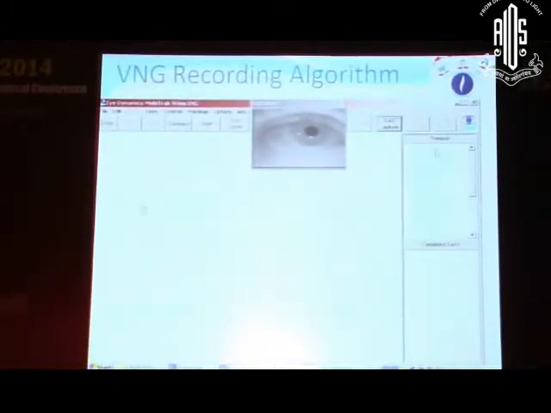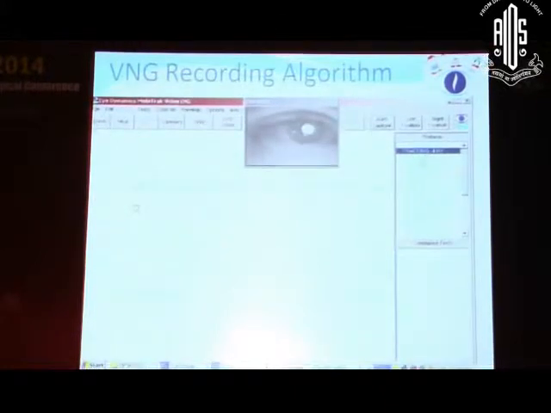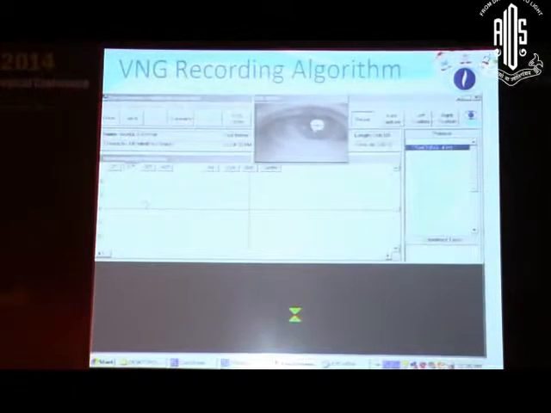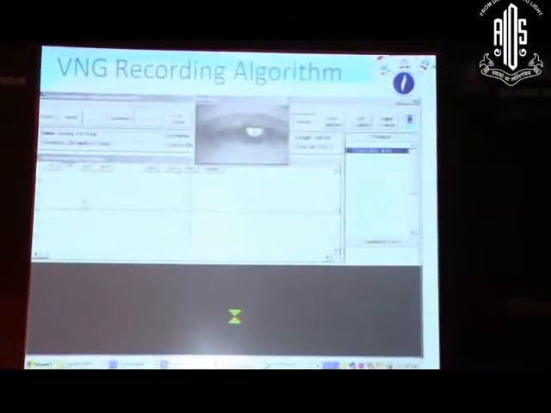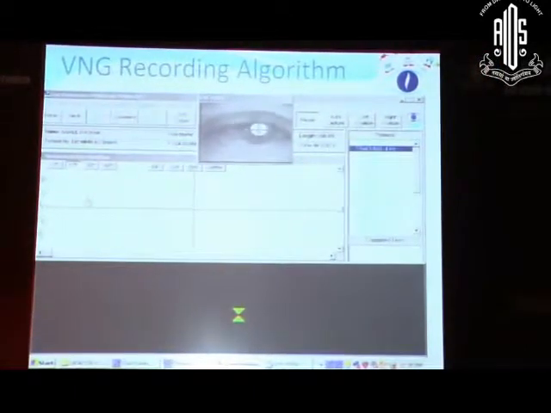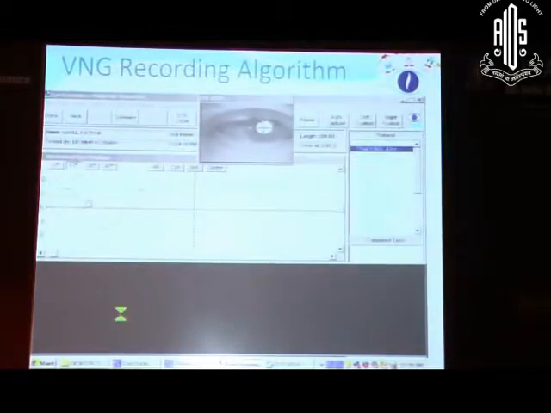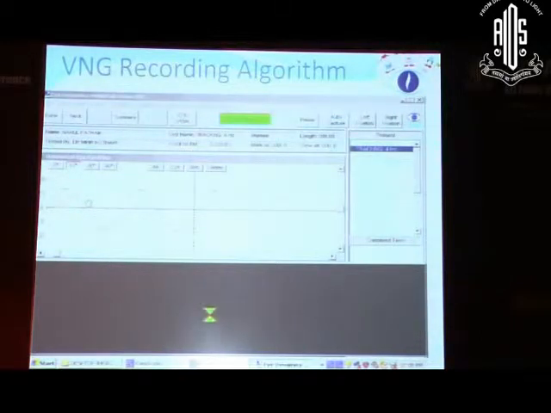These goggles are also available with the abnormal head rotation detection device, and simultaneously with the nystagmus you can also record the head movements. The video nystagmography would begin with the good centration of the goggle right in front of the moving eye. Either it can be done on both eyes simultaneously or you can do one eye at a time. And then you can select the protocols like a tracking protocol, saccades, spontaneous nystagmus, gaze-evoked nystagmus to the right, up, left, down, and so forth and so on.